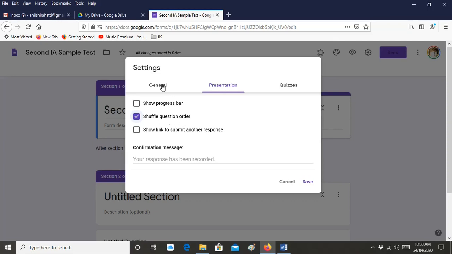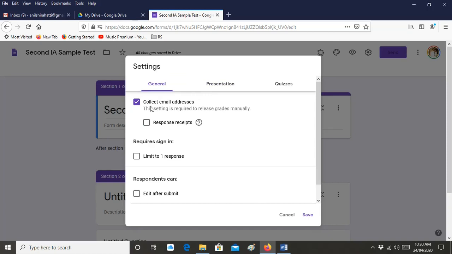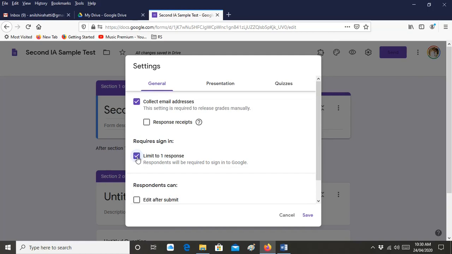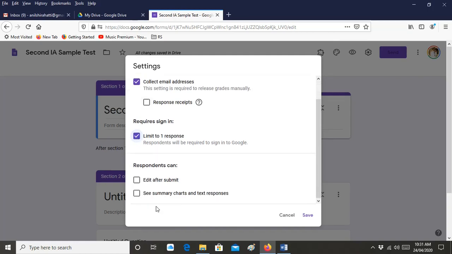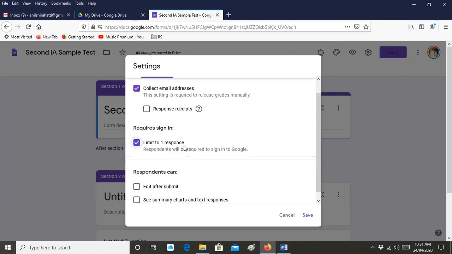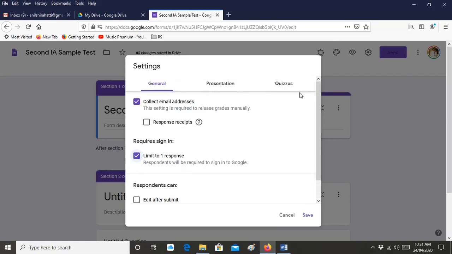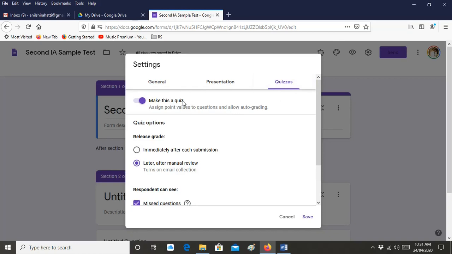Okay, so shuffle the question order, then go to the general and click this one. Okay, collect email address, so this should be clicked, and then require sign in, limited to one response only. Okay, so these two parameters should be checked, other things should be unchecked. Okay, so let's go one more time. First you have to go to the quiz. Make this a quiz, then the next option to check is later after manual review.